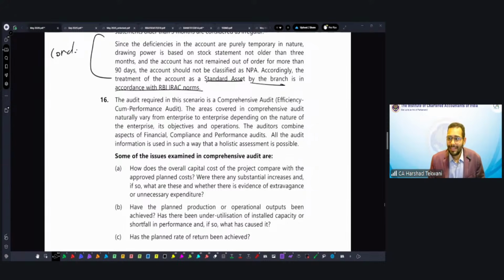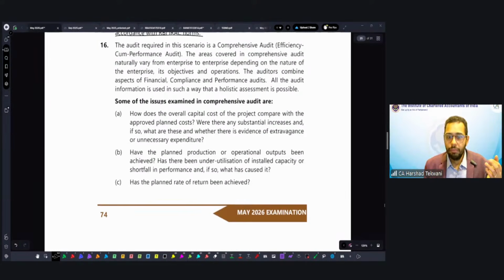So as I said, this is a comprehensive audit, performance cum efficiency audit. Because there are multiple things involved in this, that's why we are considering this performance cum efficiency audit. Number two, the questions or the areas that we will examine. So if you see overall cost of capital,